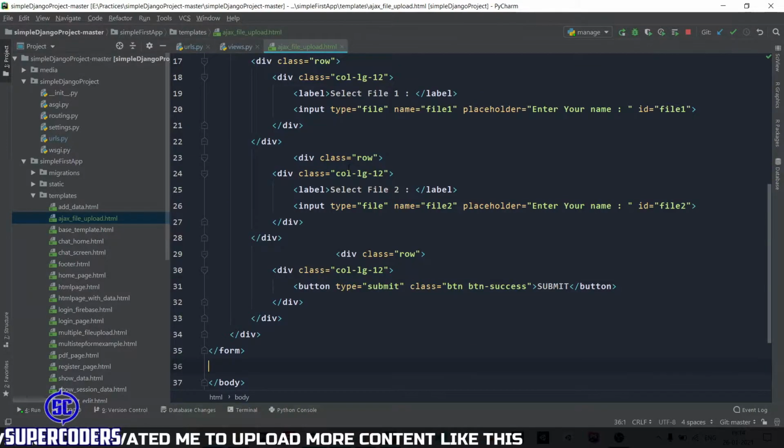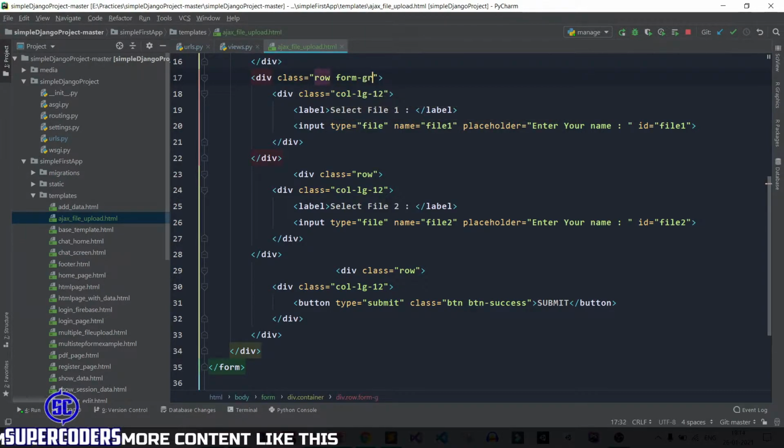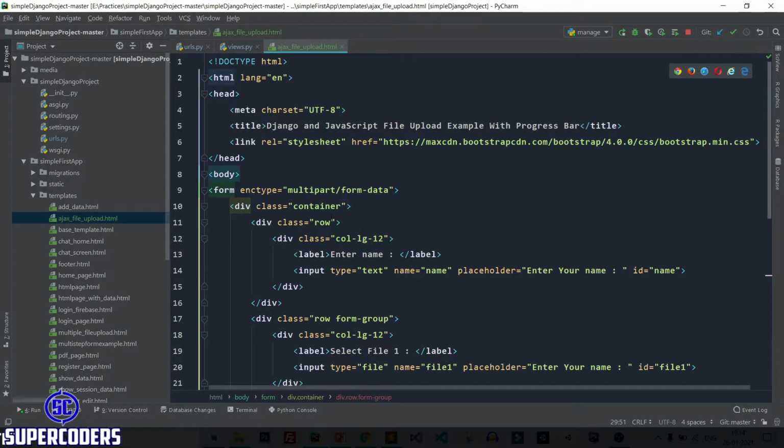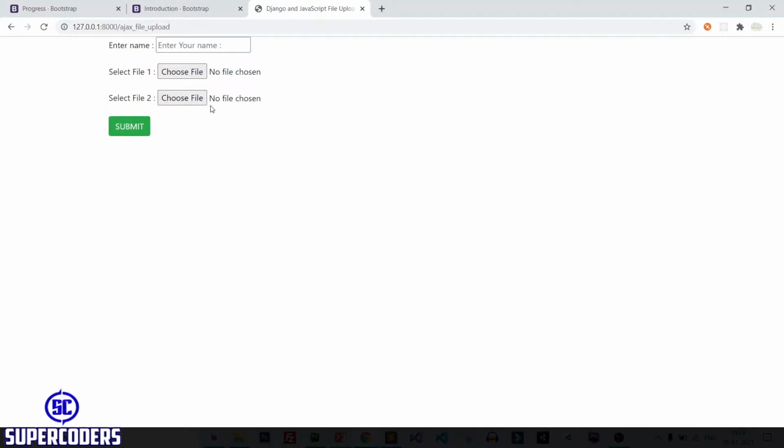And also do one more thing, add a form group class. So form group class. Let's copy it, paste it also and paste it also and paste it also here. Save it, back to Chrome, refresh. Now it looks much better.